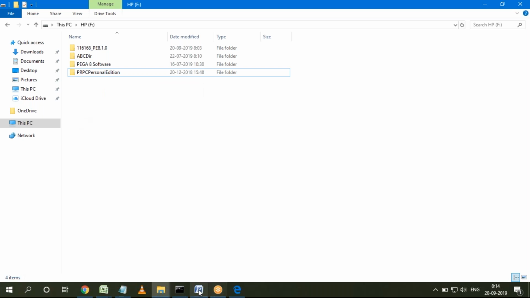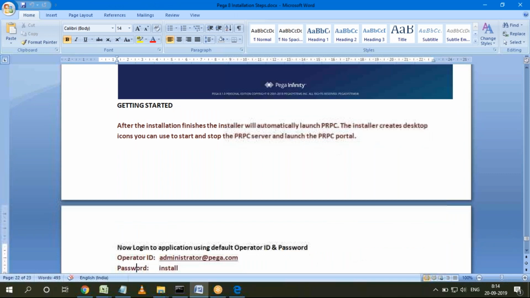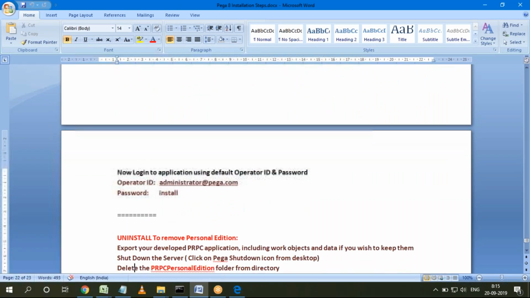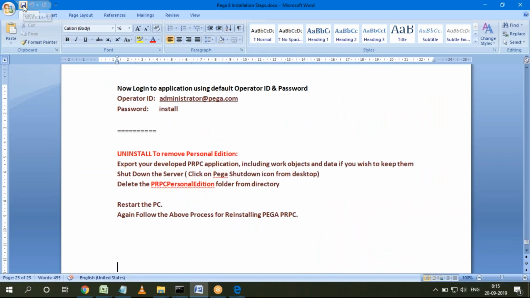You can do this in the weekend, whenever you get time. All the steps are there, and I have given the installation process here. So this is about the installation. No need to worry about it in real time. In the next two classes also, whatever I'm going to do, you will not do in real time. It is only for the personal edition; in real time the procedure is the same, but you are not going to install the application. But in the personal edition, if you want to work on an application or a project, you cannot practice without installing Pega. So this is the process to install the application in your systems.